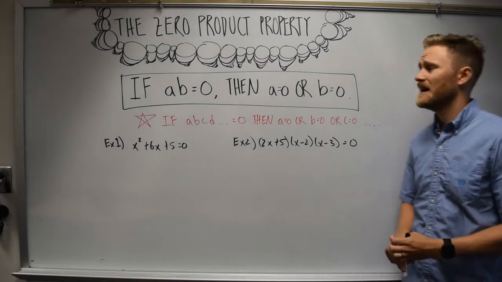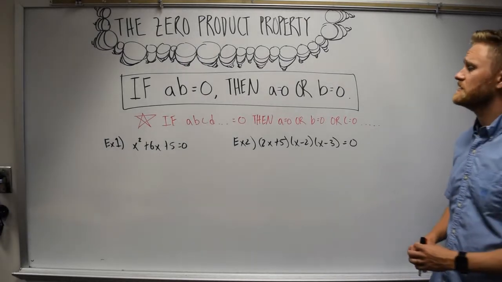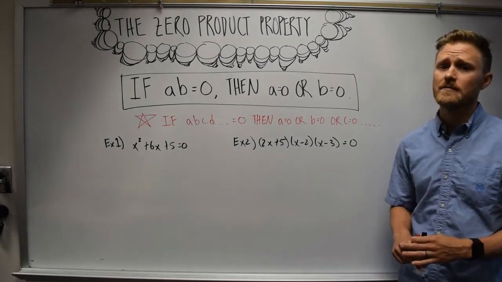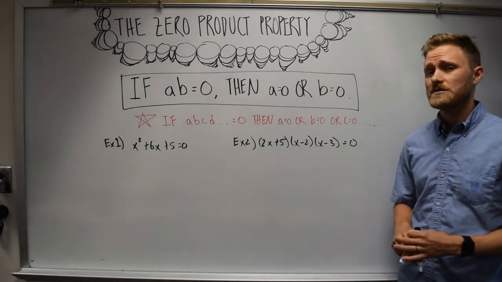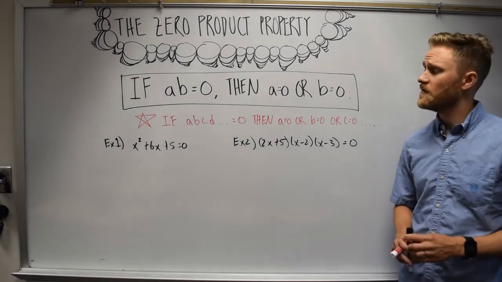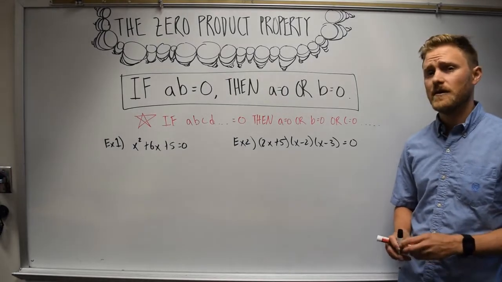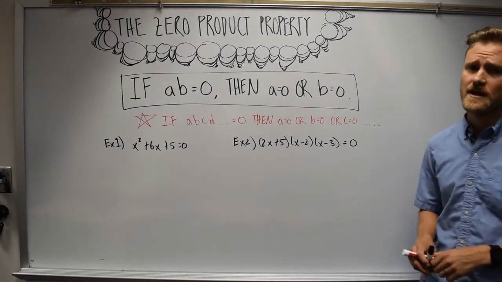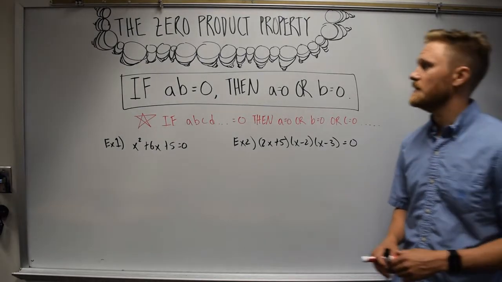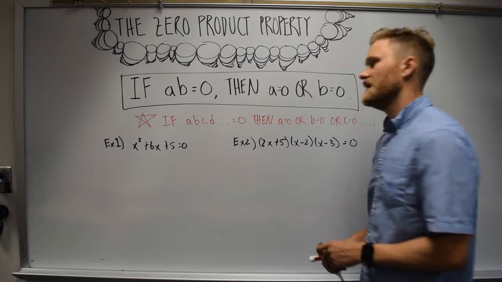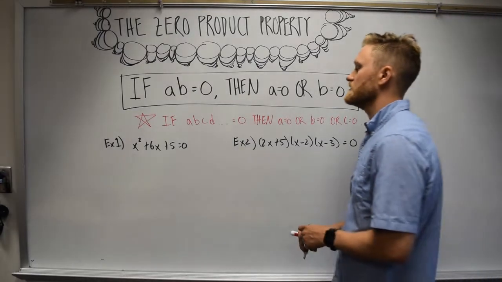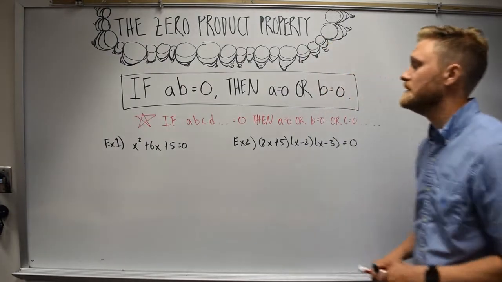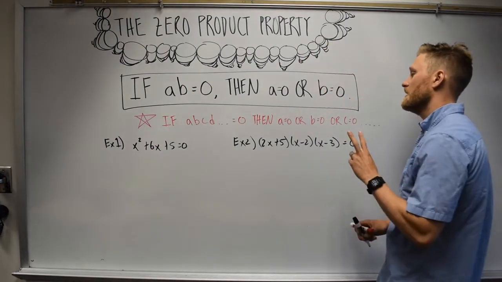Before we begin talking about how to solve quadratic equations, it's important to have an understanding of the zero product property. It's also important to understand this for solving polynomial equations later on. So we're going to take a look at it and try and understand what it is. So here in the box we have if AB equals 0, meaning A multiplied by B equals 0, then these